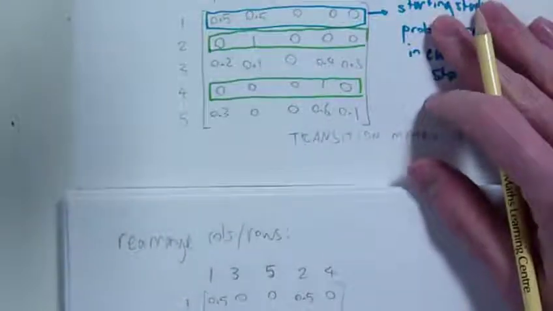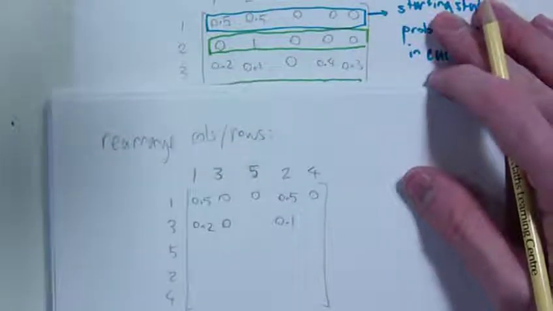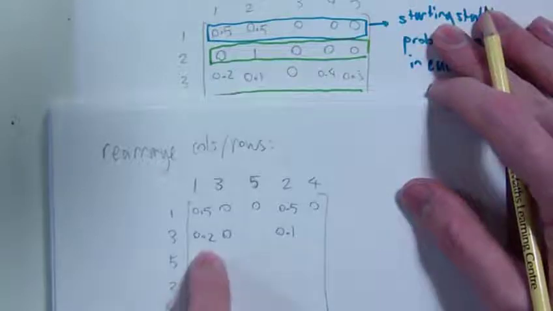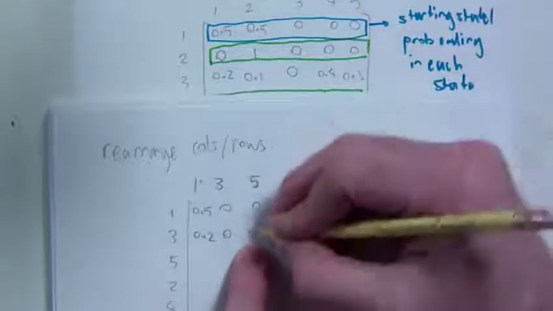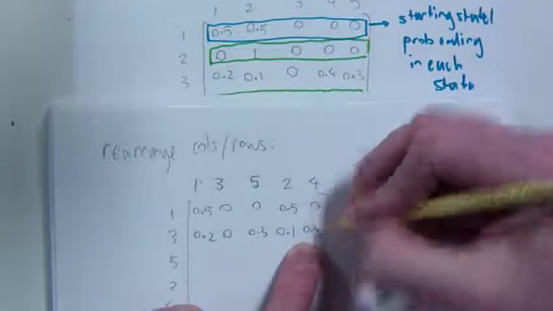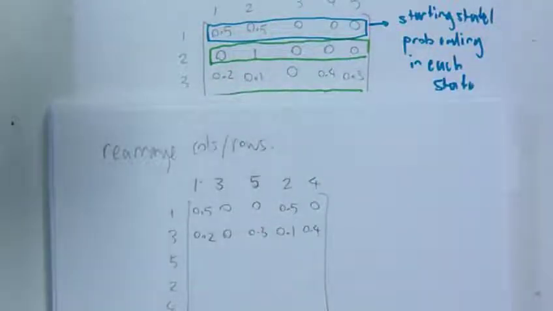Let's see if I can fit them both on the same screen. So it's working my way along. For state 1 it's 0.1, for state 3 it's 0, for state 5 it's 0.3, for state 2 that's 0.1, and for state 4 it's 0.4. And you can read it off the other matrix. For state 4,